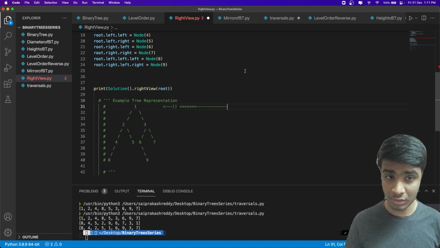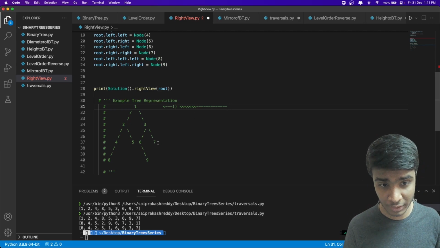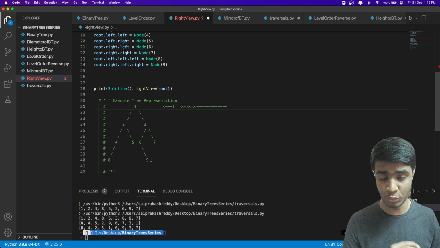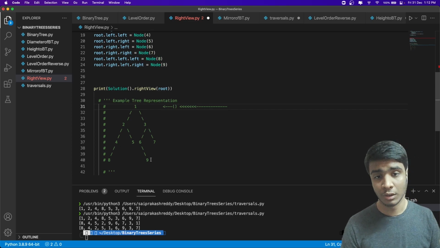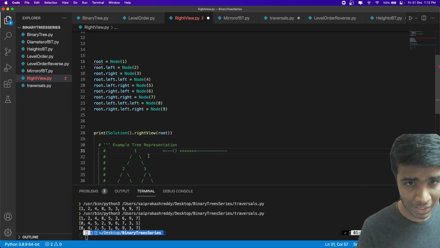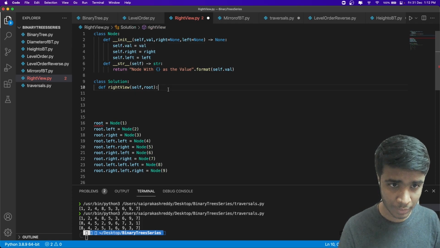Do I not traverse them? I have to traverse them, because there will be situations where, let's say, seven doesn't have any children here, but that doesn't mean it doesn't have any right side view element. It has 9, right? So I have to traverse all the elements, but check which element I'm seeing for the first time, and add it into the array. That's the idea of solving it.